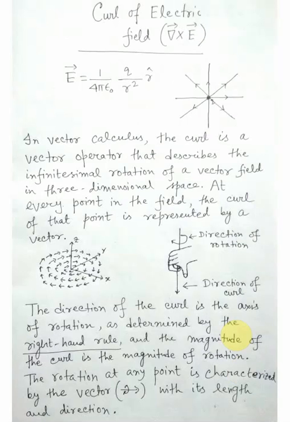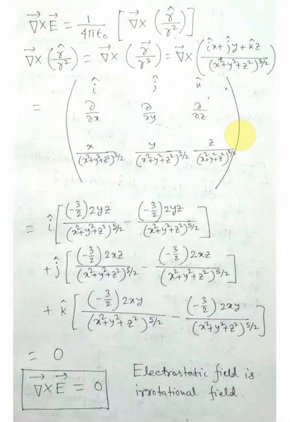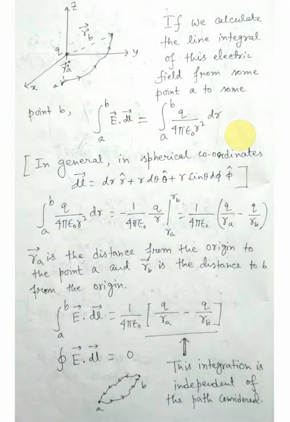In the figure, we can see that the vector field is coming out from the plus q charge. So there is no rotational nature of the electric field. That's why it is very obvious that if you take the curl, then it will be 0. But the magnetic field is rotational in nature, so if you take the curl of any magnetic field, it will be non-zero. That we have to understand and remember. Okay. Now this curl of the electric field will be 0.